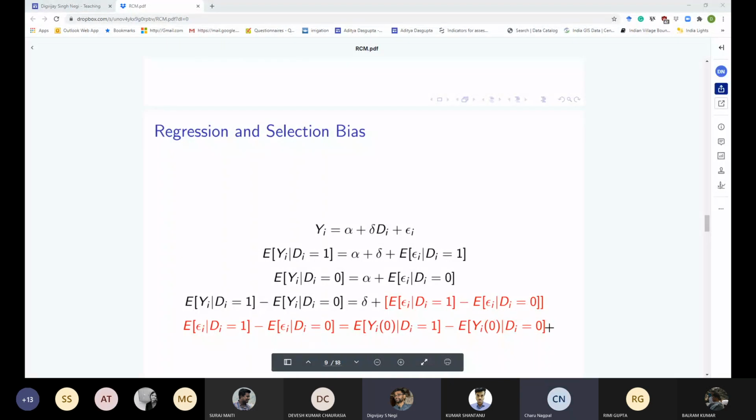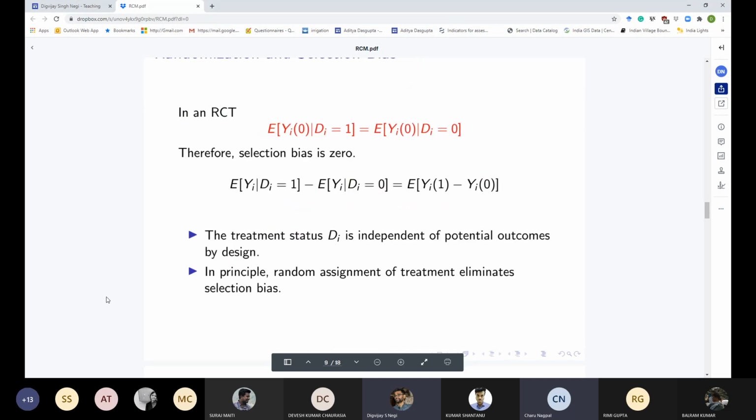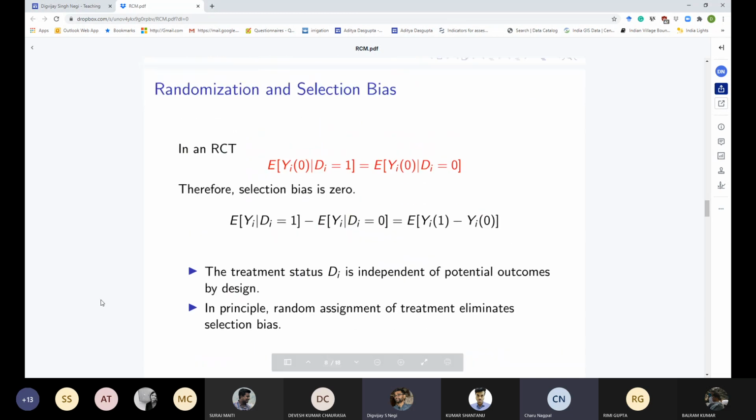Sir, just continuing with the example that you gave of the job market, if students are randomly assigned to IGIDR and not to IGIDR, there are other external factors which might affect a job outcome, not pertaining to selection bias. So how does one account for that? Because in an ideal scenario, if it's random, the selection bias should be zero. But that might not be the case due to some exogenous factors.